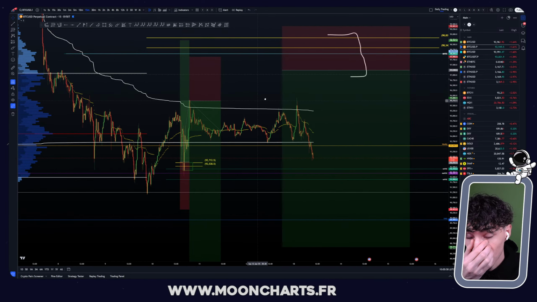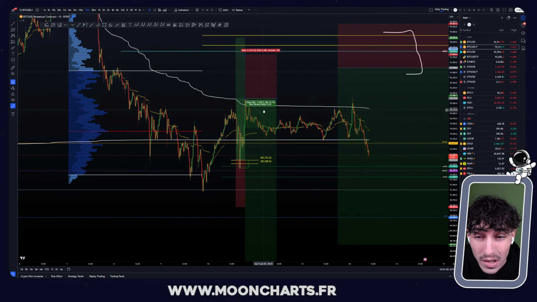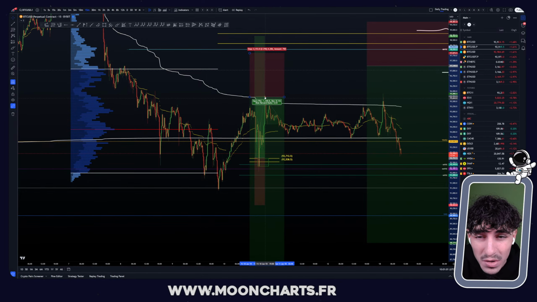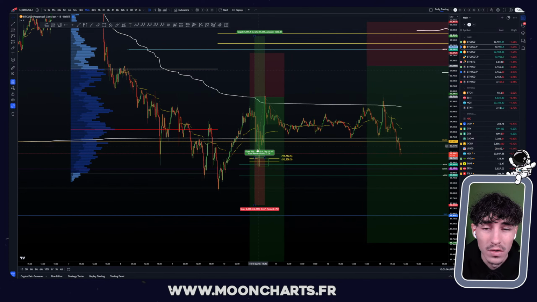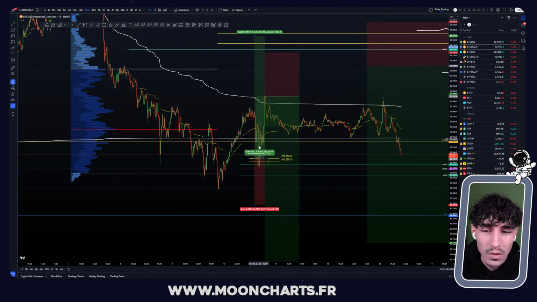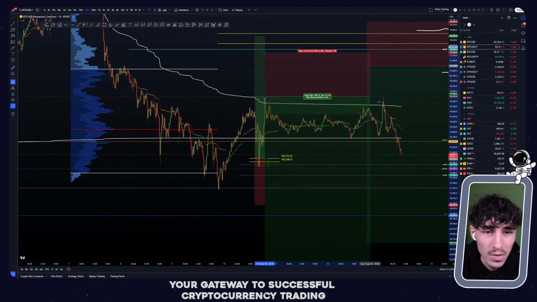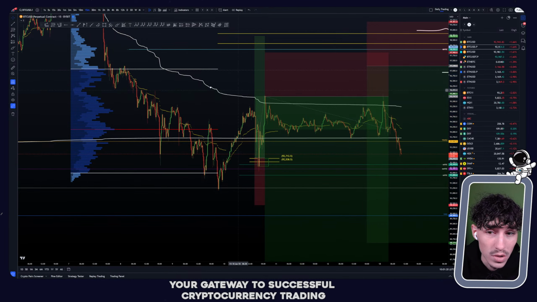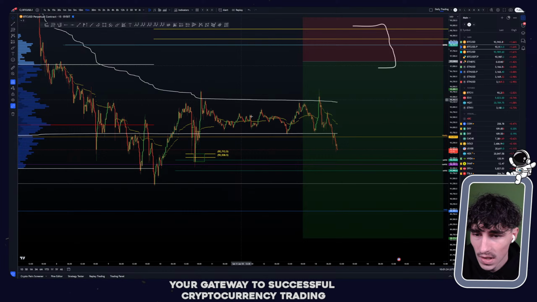So yeah, in the last update, what we had planned here was simply this long and this short. I was looking possibly first for the short and then the long. We got a bit of a front run here on the short trade. We went into our long target. We touched this twice, and we got a lovely increase in price to go right into our short target. And just now, overnight, we got another touch of our short entry, and we got a nice drop. That's pretty cool. So we can now get rid of this.